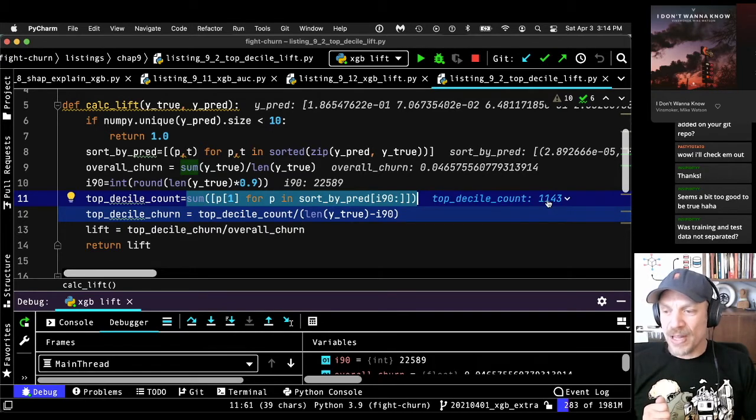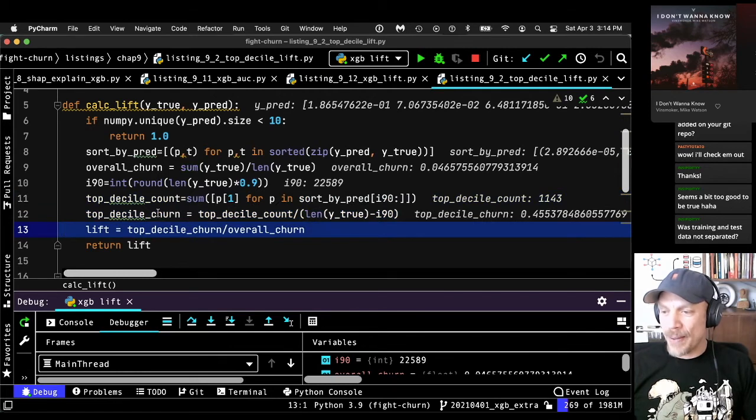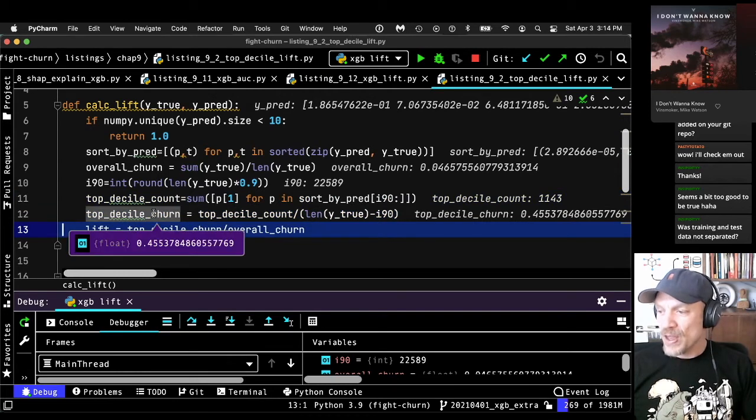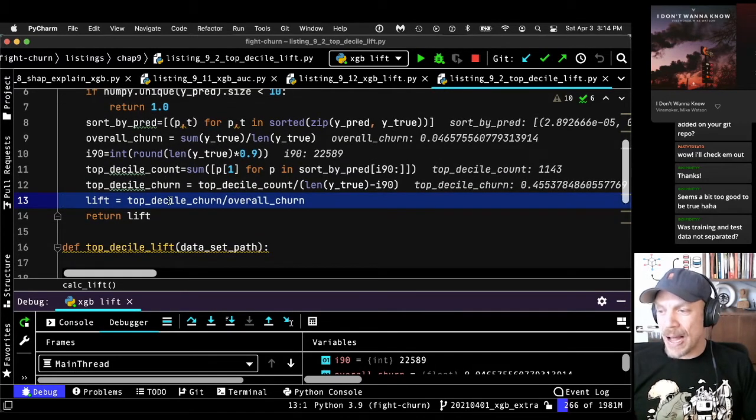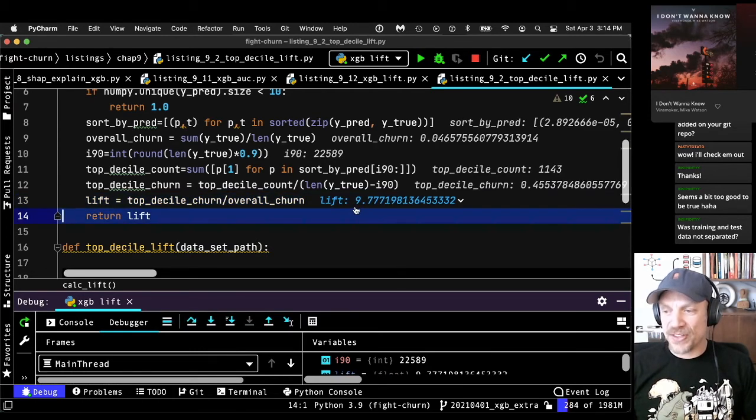So there's 1143 churns in the top decile, which gives us a top decile churn rate of 45%. So now our lift is the top decile churn rate over the overall churn. And our lift is 9.77 in this case.